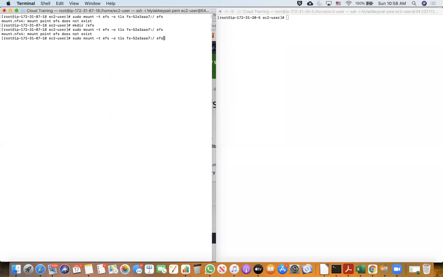So let me go back and check if this solves the problem. But still it says that it does not exist. I think that we have already created the files also, and this also has happened. So why don't we do something? Maybe I'm missing a step. I will check and redo this, since we are getting closer to 11 o'clock. I think we will complete this for now.